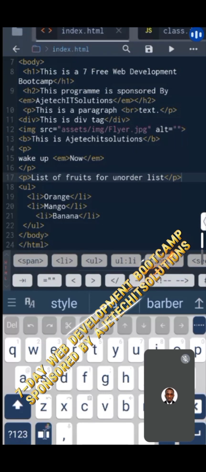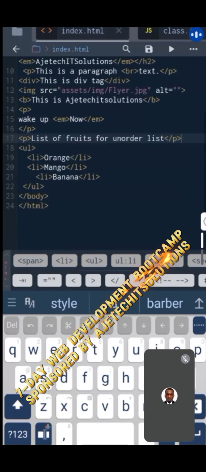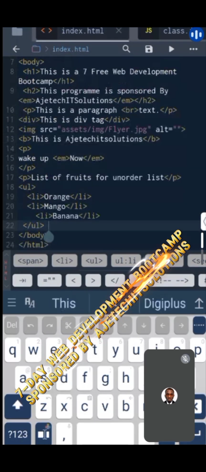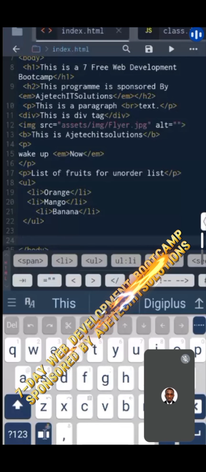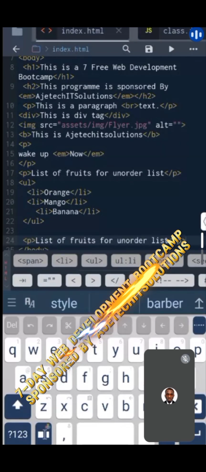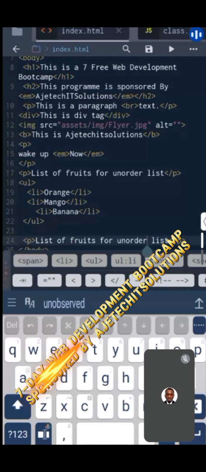So now, let me do it for the other one. Now, line 24, let me paste list of fruits, ordered list, not unordered list. So if you want to do an ordered list now, what you need to do now,